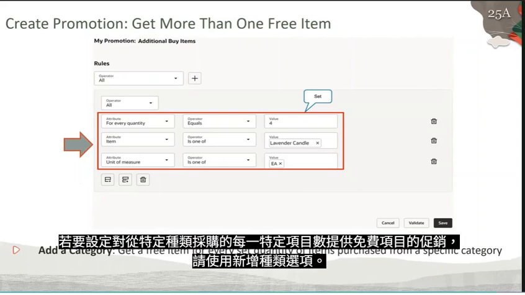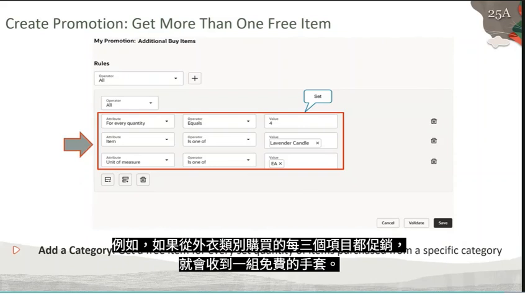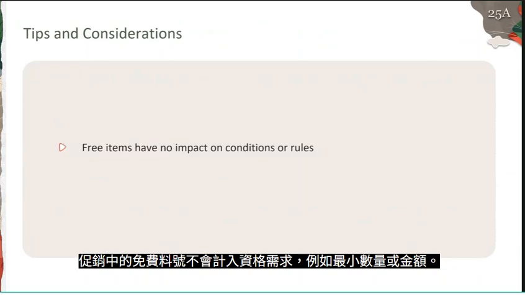To use this feature, the users should be assigned job roles having the following privileges: manage draft pricing promotions, manage pricing promotions, view pricing